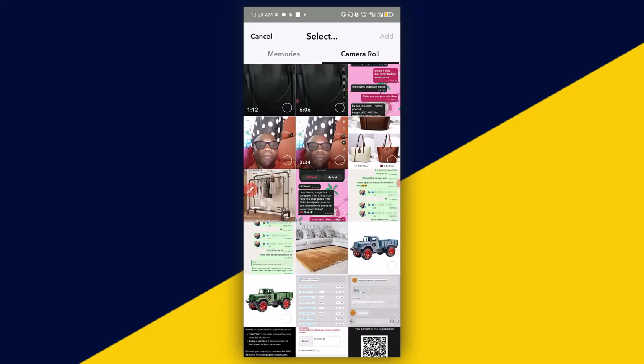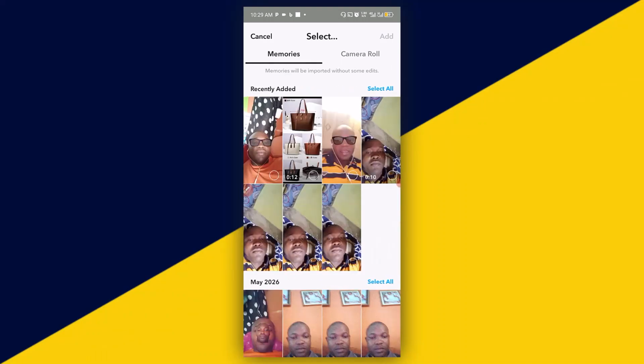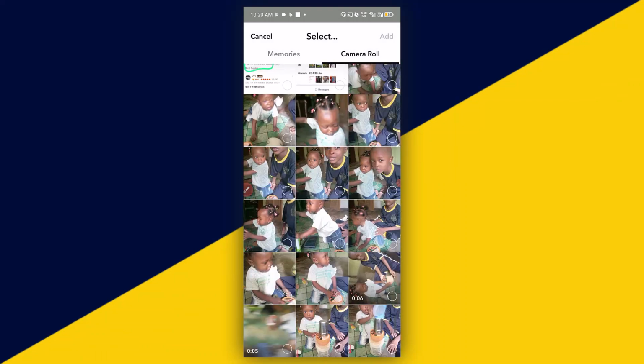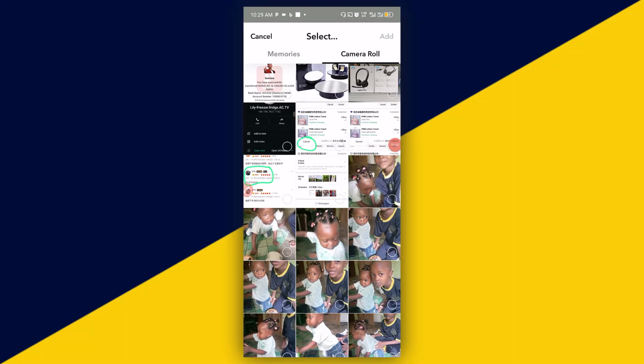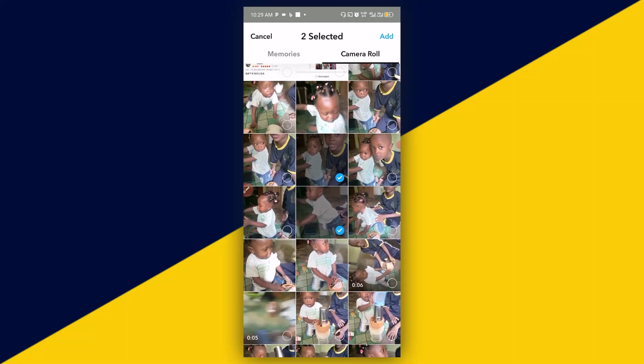Then you can add snaps from your camera roll, or better still, you can select from your memories right here. So I'm going to go back to my camera roll right here and select different photos as the case may be. I'm going to select this, select this, select this, and this,